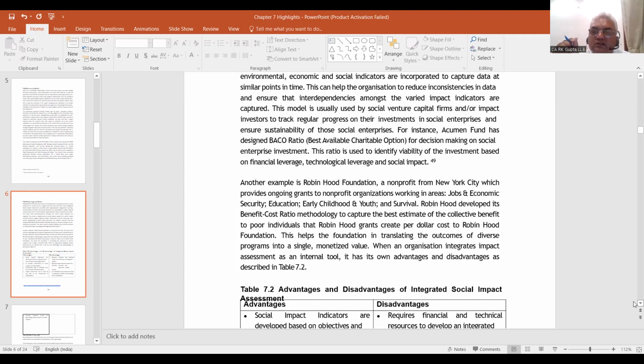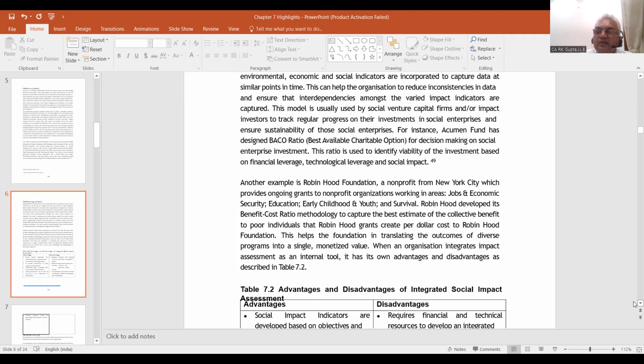So this helps the foundation. Suppose they gave $1,000. Now, $1,000 resulted in some change. So per dollar, how much change was there? So this is the concept. So this helps the foundation in translating the outcomes of diverse